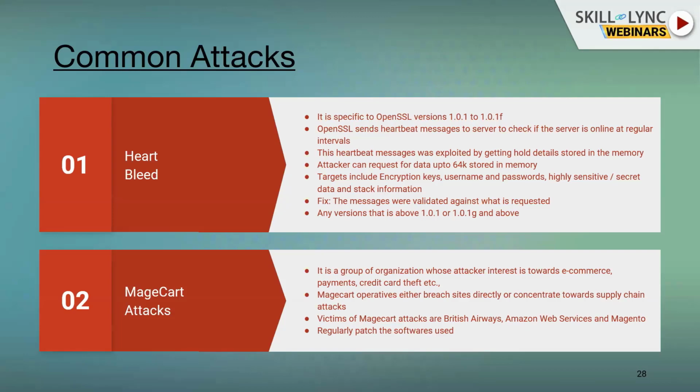Typically, in the scenario where a server had stored some encryption keys, passwords, or the credit card data of the user, when it was handling that information, they were able to take control of it. And that's why the Heartbleed vulnerability was so famous, and it had a very big risk for any organization. So the update is to use anything above 1.0.1g.